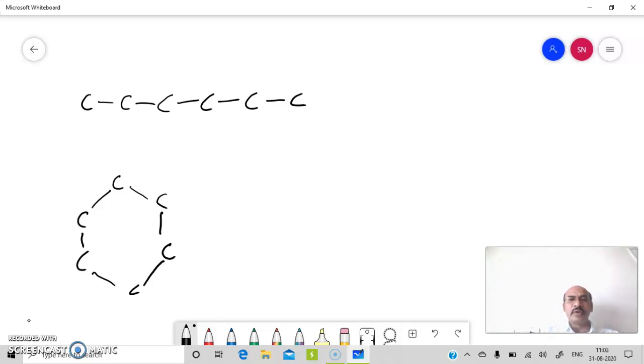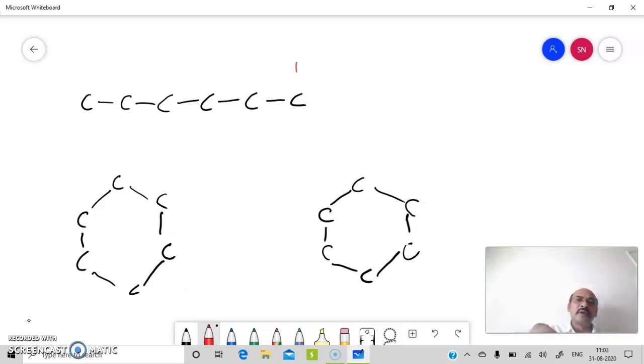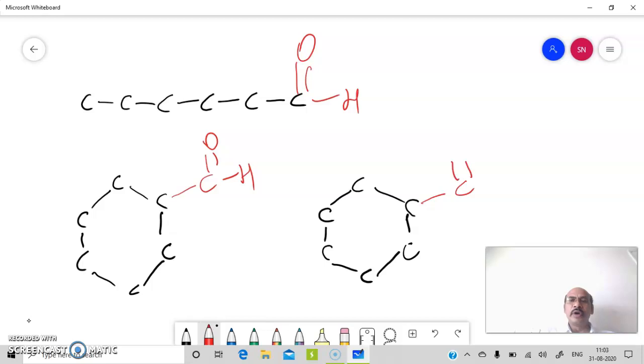Here again I am writing a molecule of 6 carbons, like this. Here I am making it an aldehydic carbonyl. I can't write a double bond O to the ring carbon, because then there will be no hydrogen. So I am writing C double bond OH over here to this carbon.